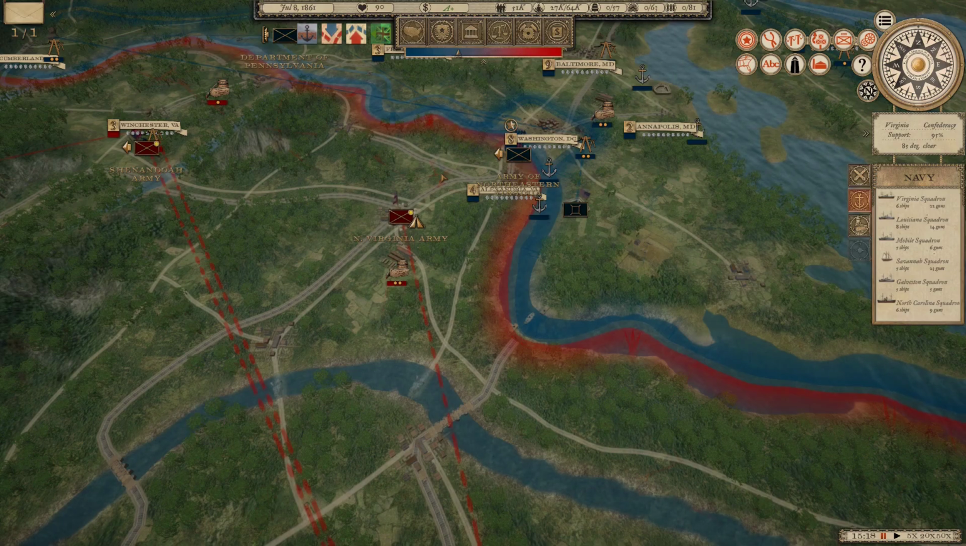So I'm going to put a cut in here, and in the next episode I am about 99% sure that we're going to have a battle right here around